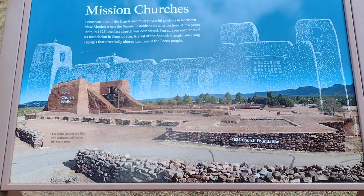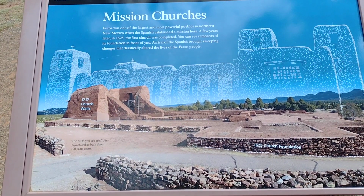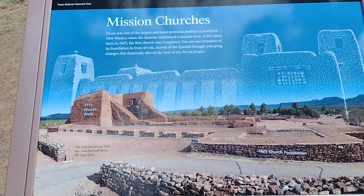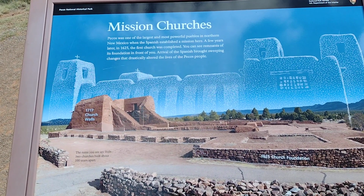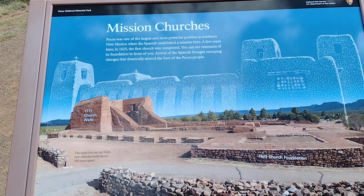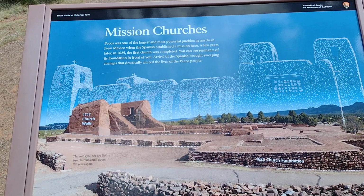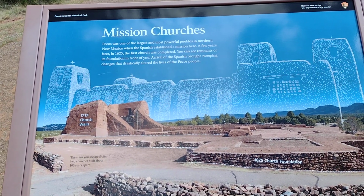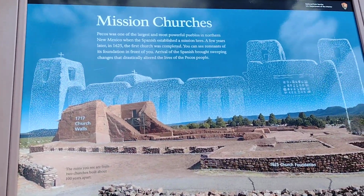Right, here we are at the Pecos mission, and I'm starting with the sign here because if you can see the outline, what's still here is plenty big, but it's the ruins of an almost inconceivably large and ambitious 1625 adobe pueblo mission. I mean, the thing with the size of a cathedral, if you can see that outline. So you got to start here, but now we're going to examine the real thing, what's left of it, and